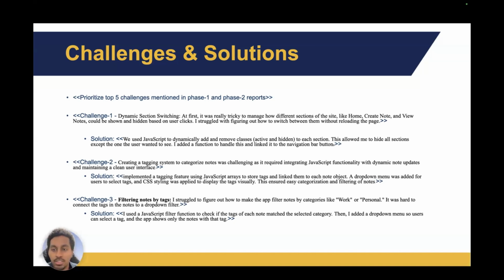So the first challenge that we faced was the dynamic section switching. Basically, what the issue was when the user pressed on a button to showcase another page, so let's say the new notes page, it kept refreshing. It took forever. So the way that we wanted to do was just dynamically switch over. The way we did that was we used JavaScript, and what we basically did was add a